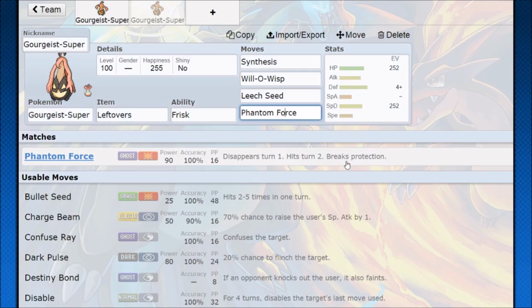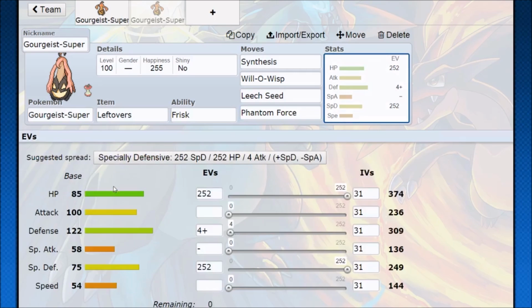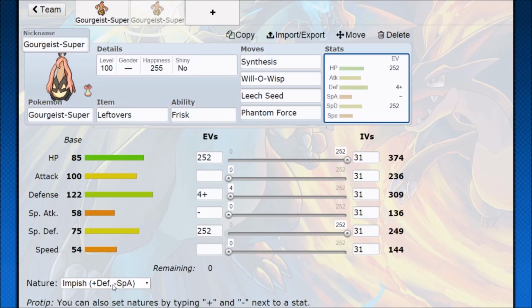So pretty much the idea is, at the end of turn, they've taken more damage, you've taken less through all the sustain, and then you're good to go. And just like Trevenant, it's going to be kind of the same, that we're going to run Impish Nature, get the most out of the defense that we can through the nature, then invest the rest in the hit points